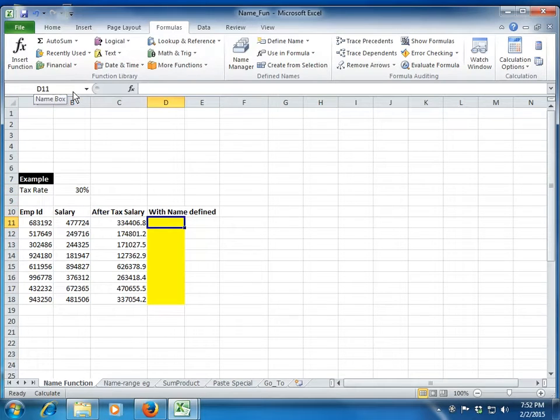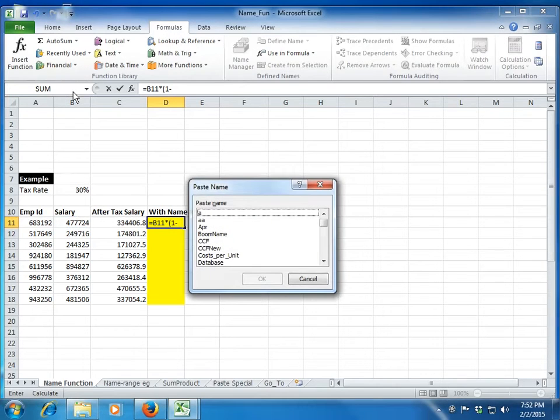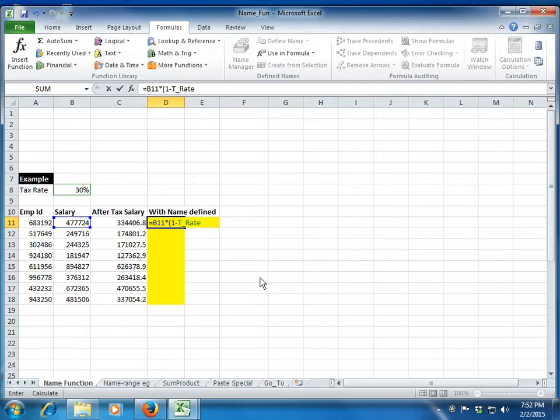Now if I write a formula, what I have to do is salary into 1 minus. Now I want to recall the name which I have created, so I press F3 on my keyboard. The moment I press F3, all the names in your Excel file come up here. I select my name. I don't need to scroll through; if I am at the top of the list, I press T and I get the reference for T. Tax rate is the name we have given to this cell, so I click OK and close the bracket. Now I can simply copy-paste this formula, or I can also use autofill; that's not a problem.